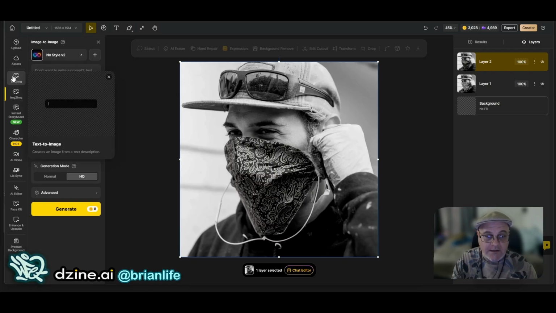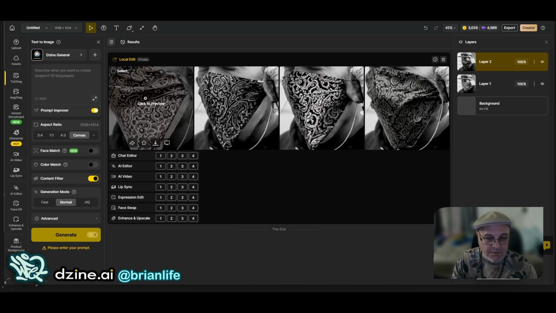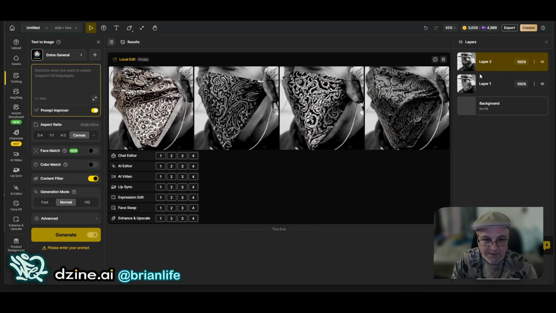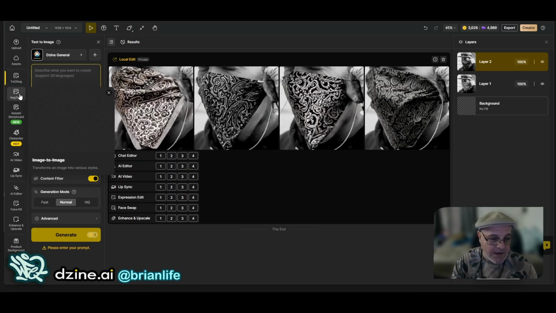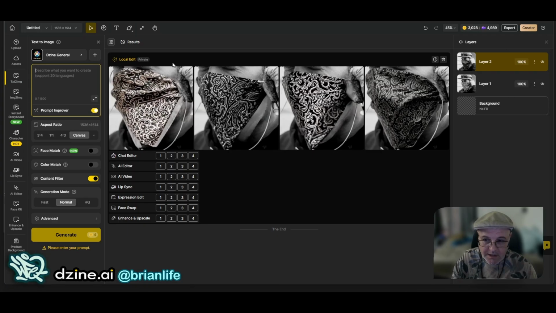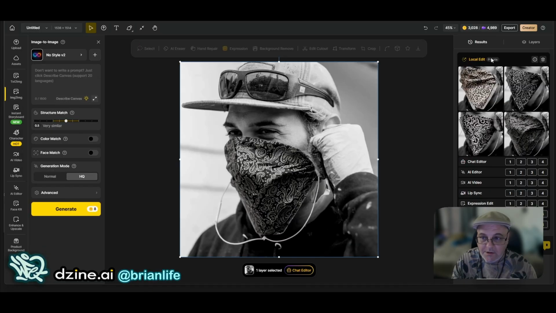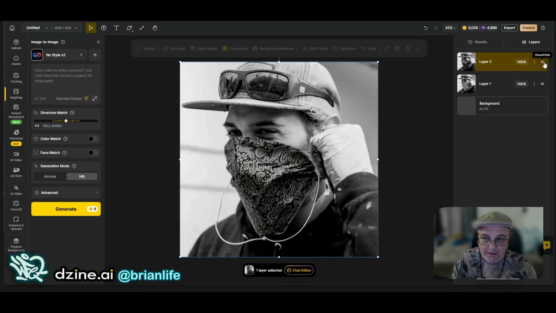If I clicked text to image, see how it's really more about text and a prompt. It's not about what's on the stage. It's actually not about what's in the layer stack, but we're going to focus on image to image. And now that I'm on that layer that I just created, what I want to show you is